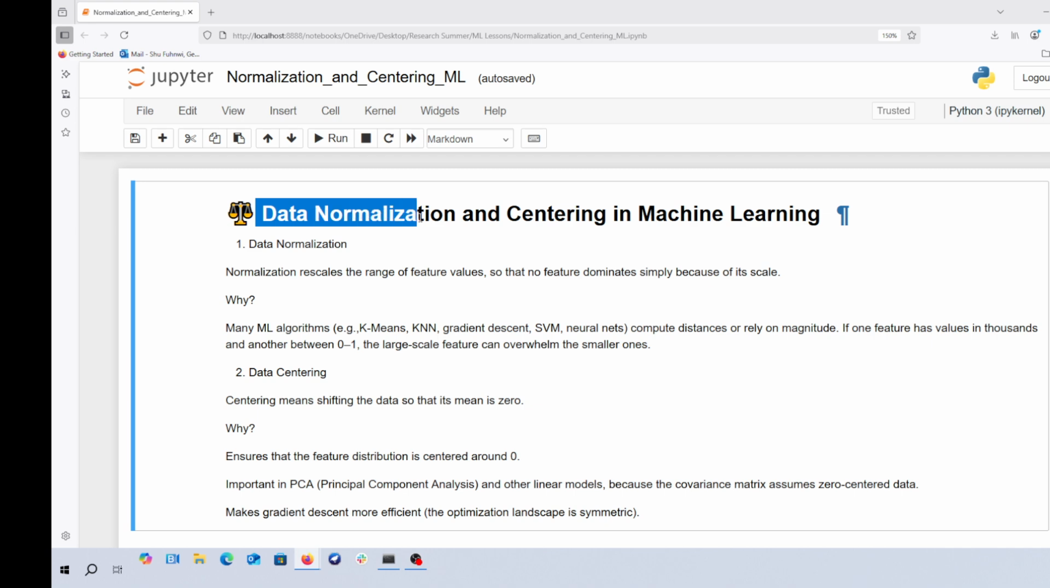So today we are going to be looking at two very important concepts in machine learning, which are data normalization and data centering. They are a little bit related, but still have some discrepancy. With normalization,